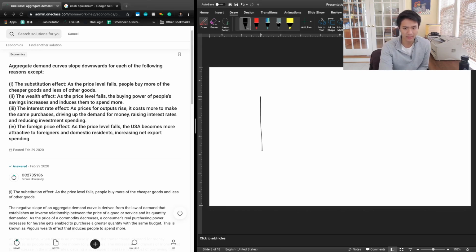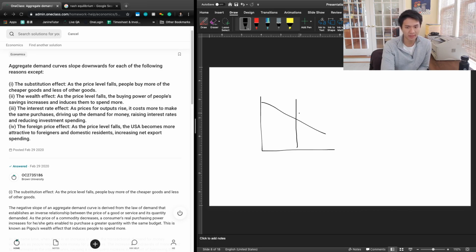If we take a look at the money supply market graph, this is probably the best way to depict it. So as prices for output rises, it costs more to make the same purchases, which drives up the demand for money. How does it drive up the demand for money, you might ask? Well, if I know that prices are going to be high, then it costs more to make the same purchases. I'm going to hold on to more currency in my household because I need more money in my pockets in order to be buying the things I need to buy, and that's going to decrease the money in circulation as you hold that money in the house rather than putting it into depository institutions,